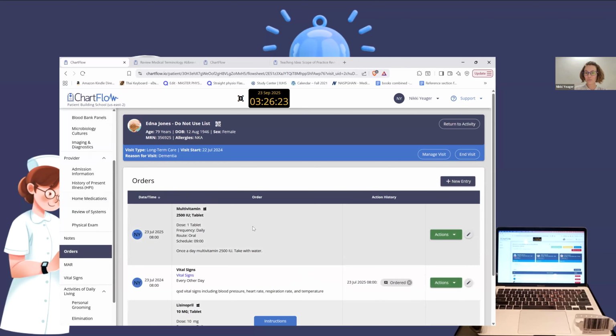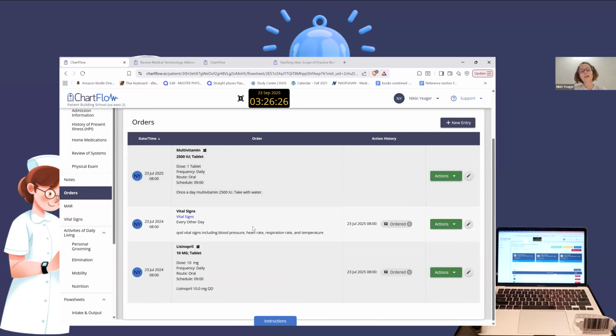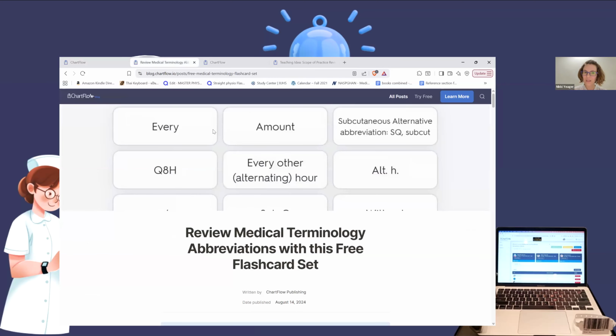After we get students used to what is in a chart or how a chart looks, we're going to talk about some other things. In the United States, we're always going to be using English when we're charting, but using the correct medical abbreviations and terminology is very, very important. And you can see, if I click into this other website, if you go to